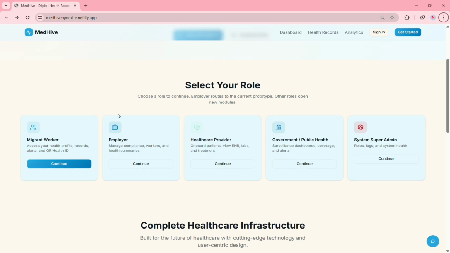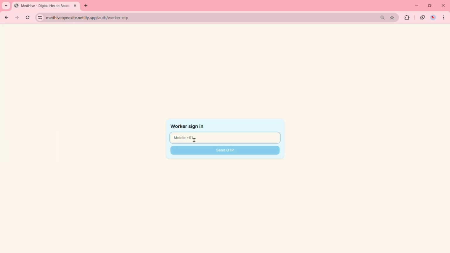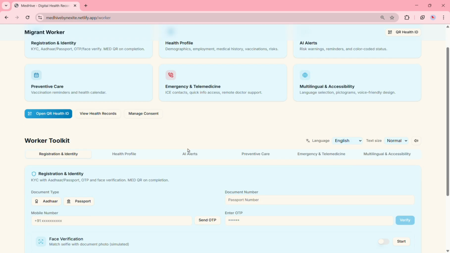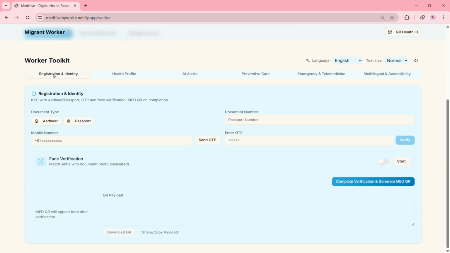So, firstly, we will be signing in as a migrant worker. Here you have to choose your role as a migrant worker and continue. Then you have to add your number here and then click on send OTP. You will get the OTP on your phone, which you have to enter here and then continue. Here you can see different features are available such as registration and identity where workers can verify